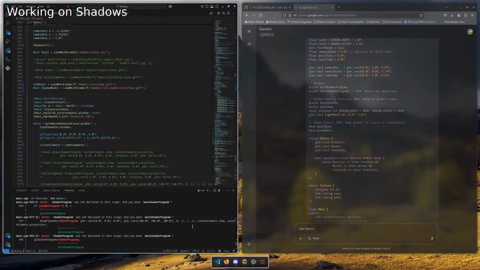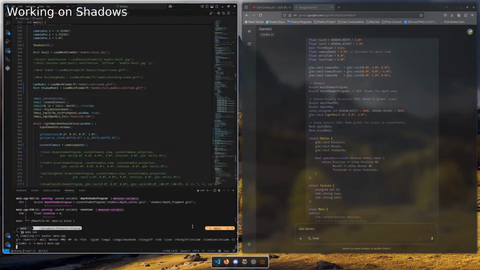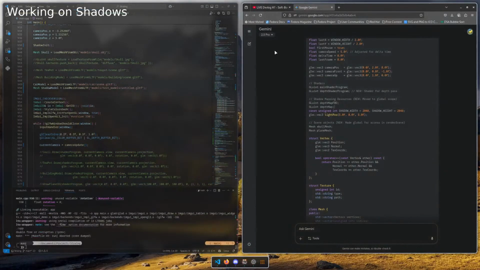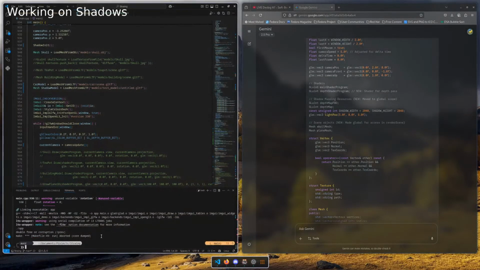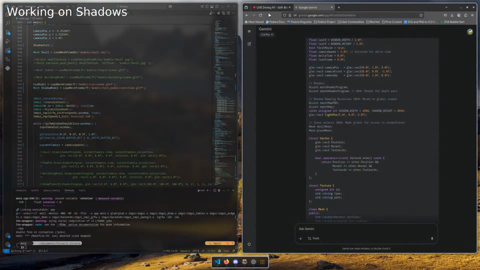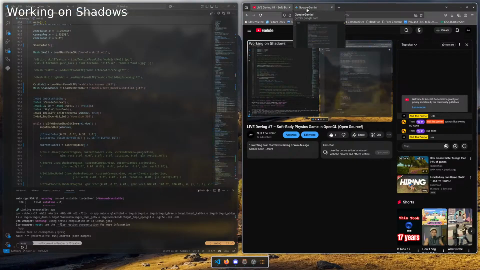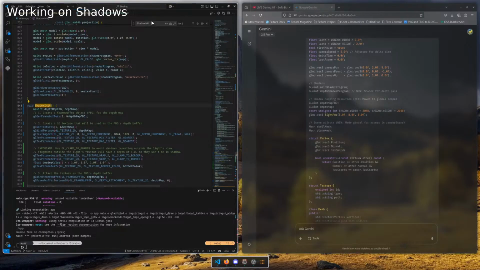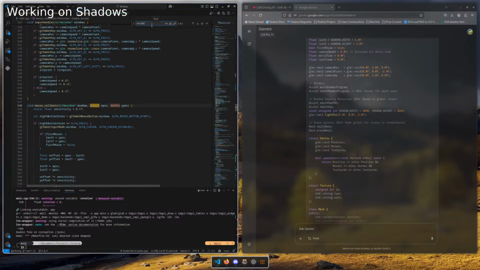So, like, it compiles and runs without any error, I presume. What? Double free or corruption? Whoa, dude. Where the hell is that even happening? Did Gemini add something?